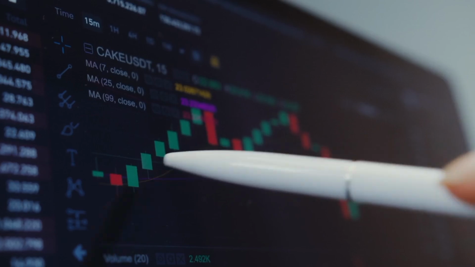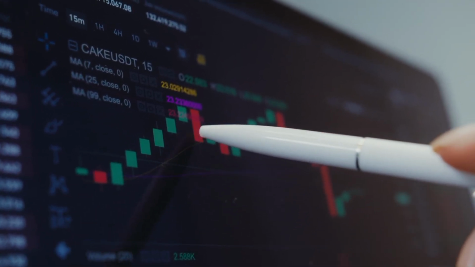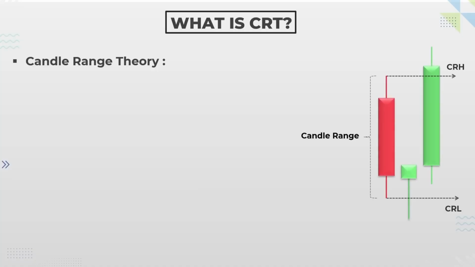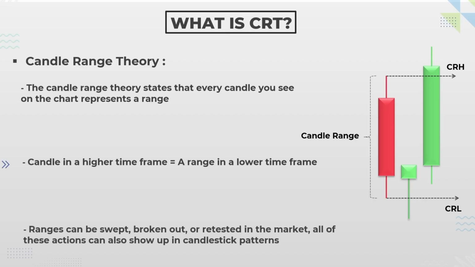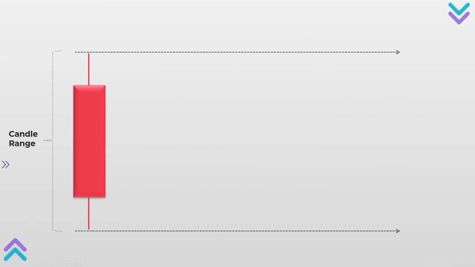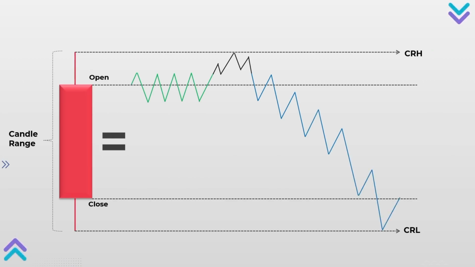Before we jump into the basics of candlestick CRTs, let's take a moment to understand the psychology behind candle range theory. So, what exactly is candle range theory? The idea is simple. Every candle you see on a chart represents a range. In other words, a candle you see on a higher time frame is just a range of price action when you zoom in to a lower time frame. Since ranges can be swept, broken out, or retested in the market, all of these actions can also show up in candlestick patterns. Every candle has a high and a low, right? So if you zoom in, you'll see that a range forms between the candle's highest and lowest points on a